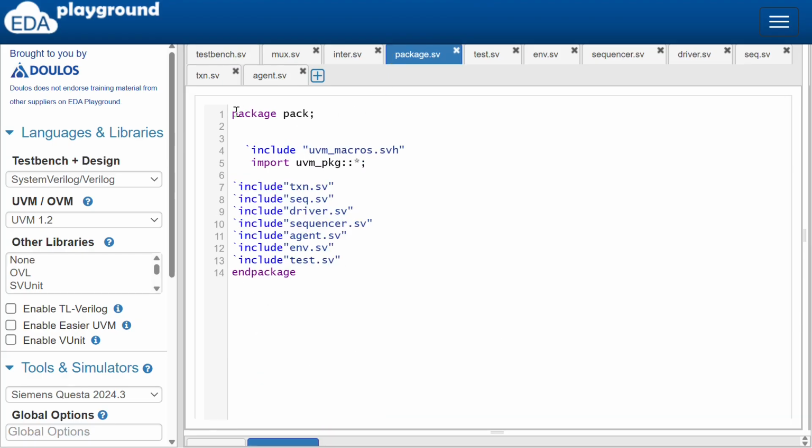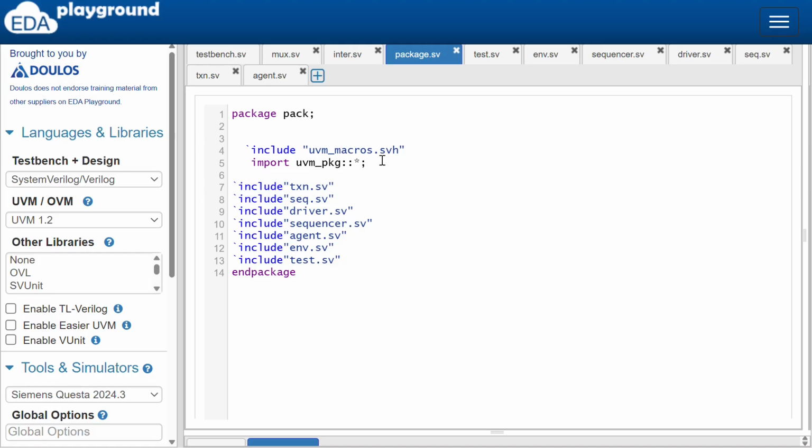Let's see the package only. So this is a package, and a package is a simple syntax which has a hierarchy of files inside it. You can learn this by a bottom-to-top approach. Like test will build first because it is a component, then environment, then agent, then sequencer, then driver. Then if monitor is there, monitor, if scoreboard is there, scoreboard. Then at last we will declare our object. The object versus component video is also there in the interview section of my channel, so you can watch that